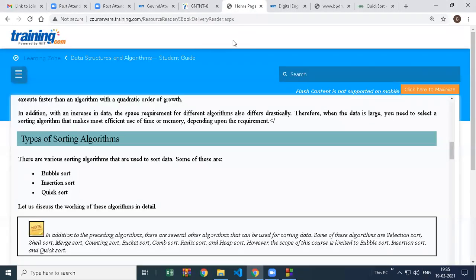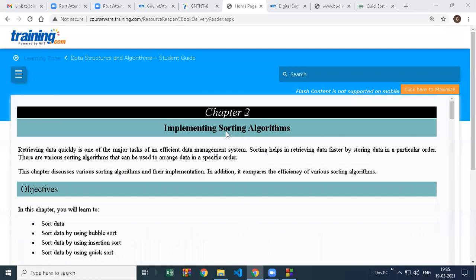So what we are going to try today is, as we discussed last session, we are going to try sorting. Sorting is nothing but arranging your data in ascending or descending order. Correct? Your data is scattered, you want to arrange it in ascending or descending order. This is a normal feature of any application. Everywhere we have ascending descending order, price ascending descending, name wise ascending descending. So how can we do it using our coding?